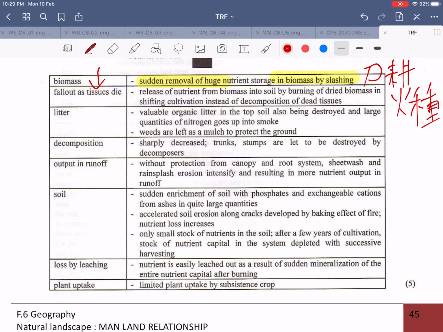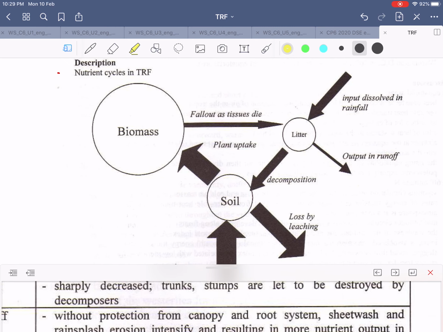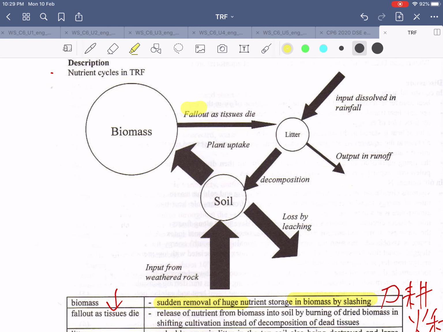Okay, how about the fall-out of tissue die? What is this? Let's go back to the nutrient cycling, which is talking about this part. So how about the fall-out of tissue die? The tissue die will actually become stronger at the very beginning. In the initial stage it will become stronger, but finally it will become weaker, definitely, because low biomass can be released, because no more forest can provide anything for them to fall out. Okay,